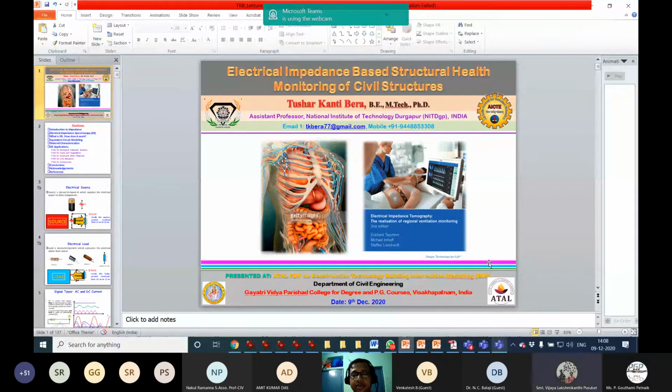Thank you, Professor, for introducing me. I'm very pleased to be a part of this FDP. I'm from a little bit different background, an electrical engineering background. But nowadays research is going towards multidisciplinary fields. So we are working together and sharing our knowledge, coming from different expertise in different fields. We are applying it together and we are getting some new technology. So electrical impedance tomography is one kind of tool. That tool can be